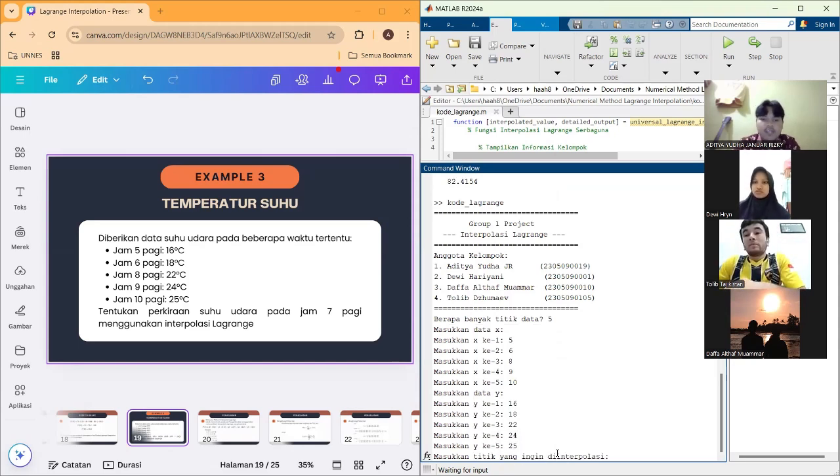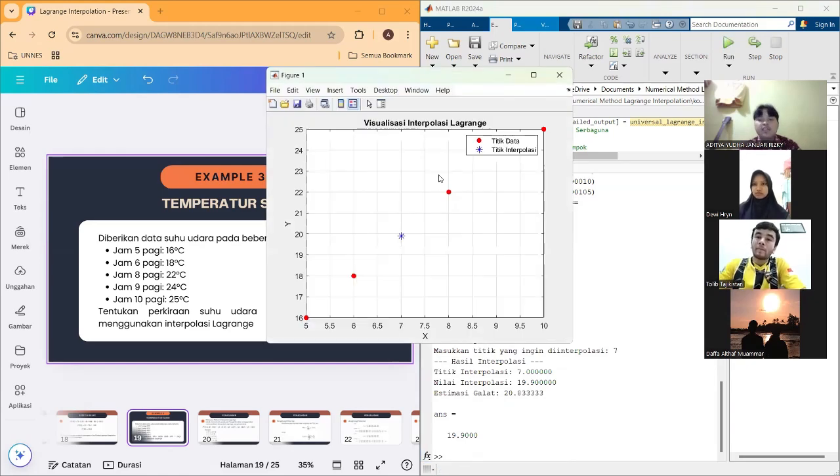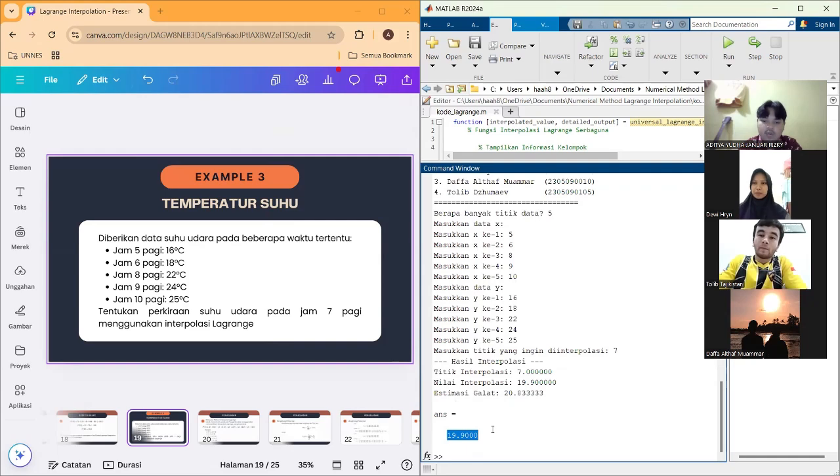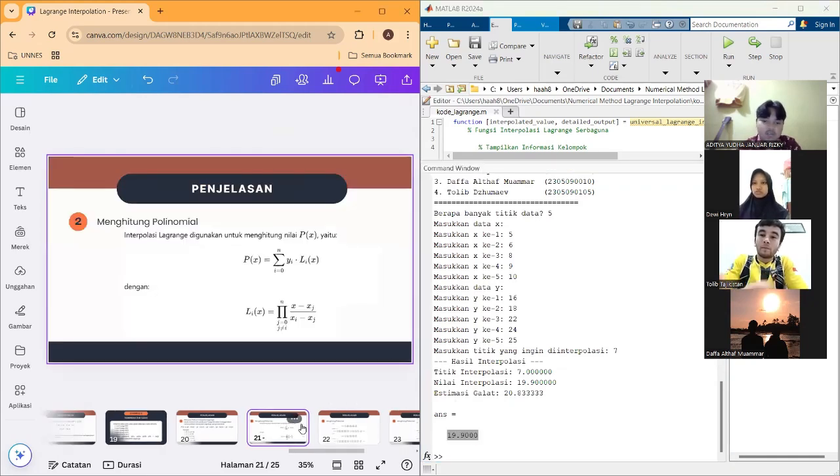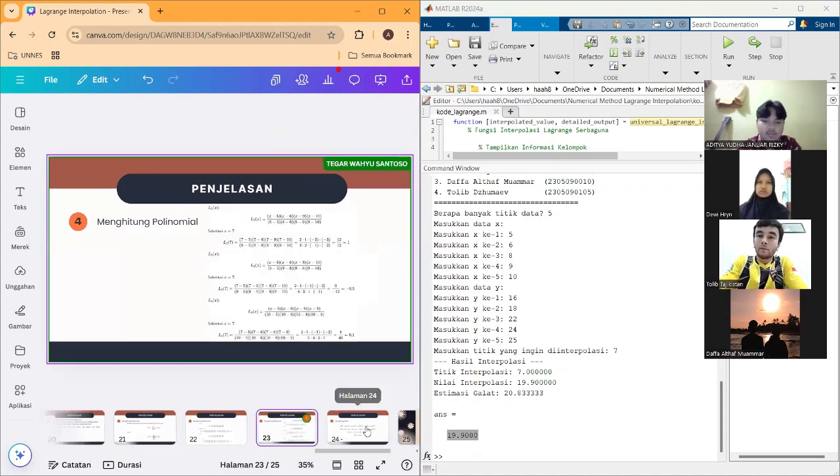Now we want to find the temperature at 7 a.m. Okay, so as you can see here, the result is 19.9 degrees Celsius, which is the same as Mas